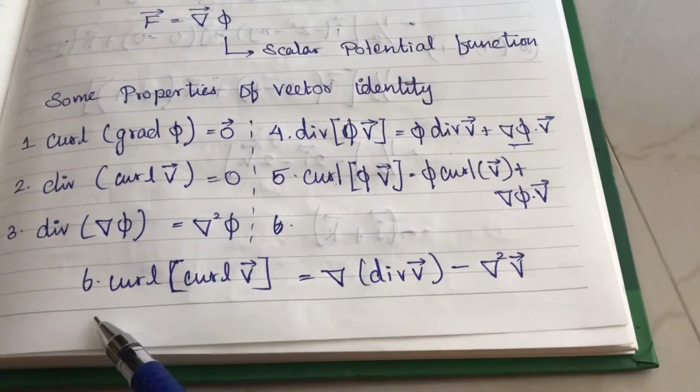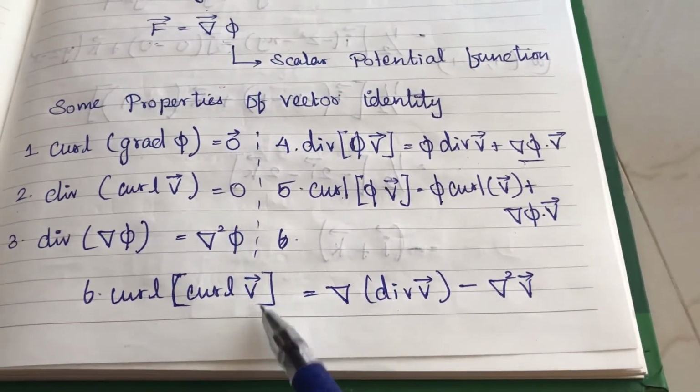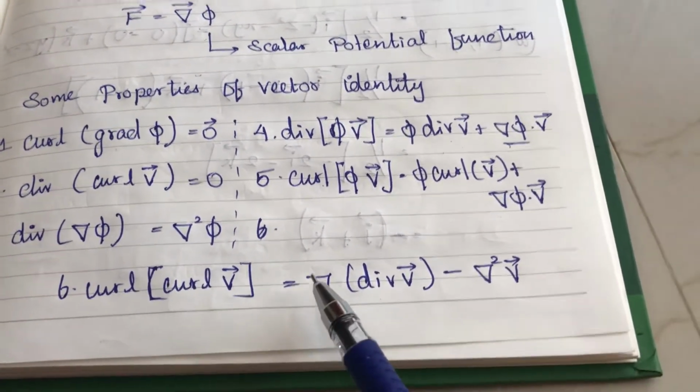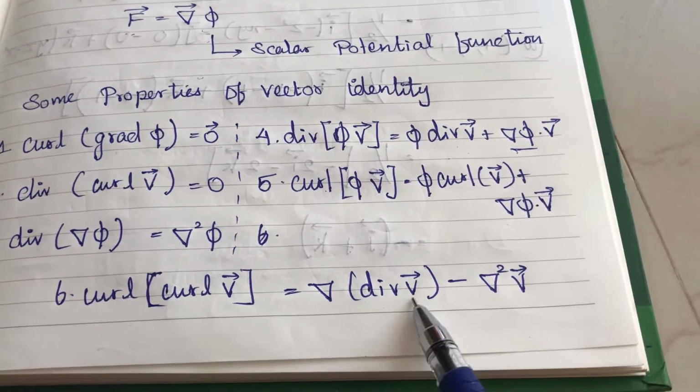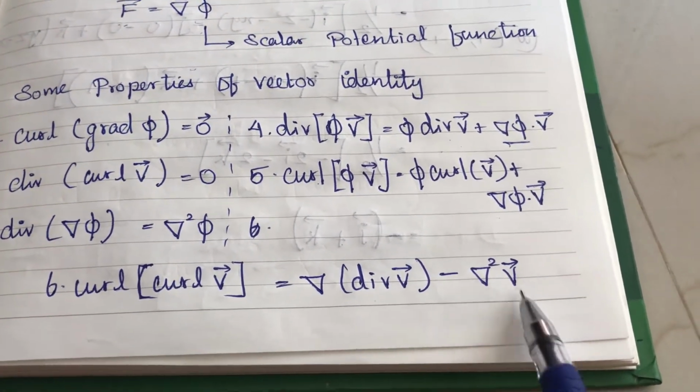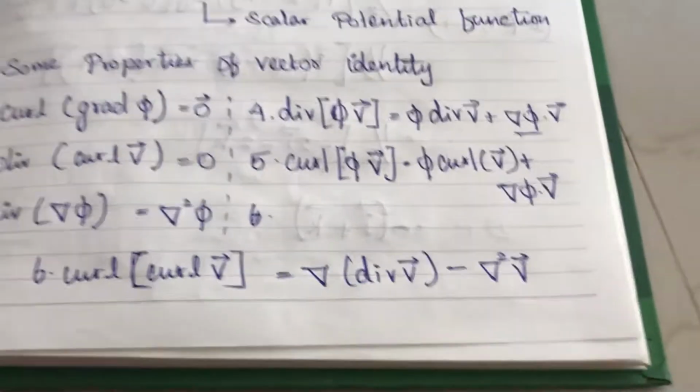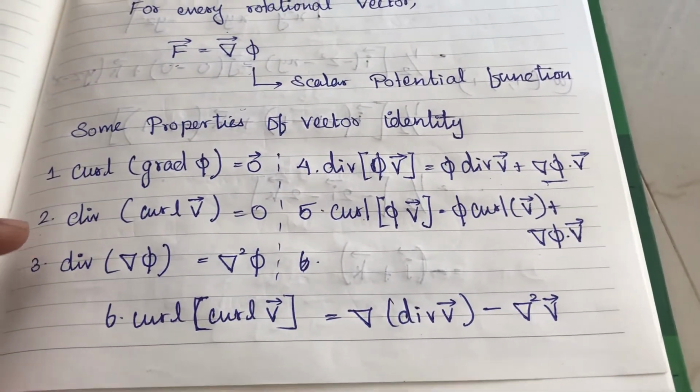Okay, the curl of the curl of v vector means just del of the divergence of v vector minus del square of v vector. So del of the divergence of v vector minus del square of v vector. Okay, next,